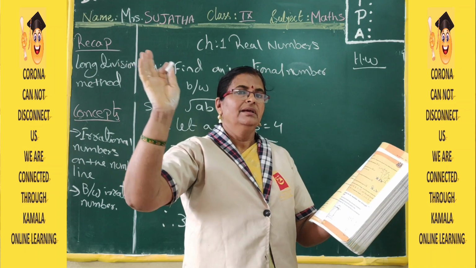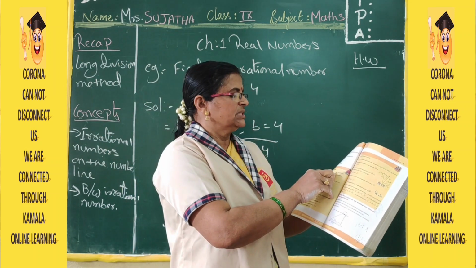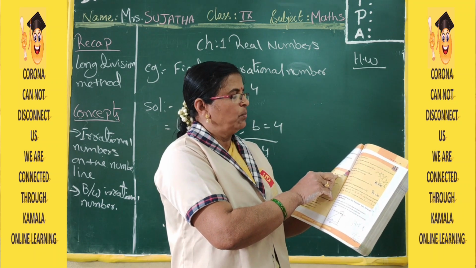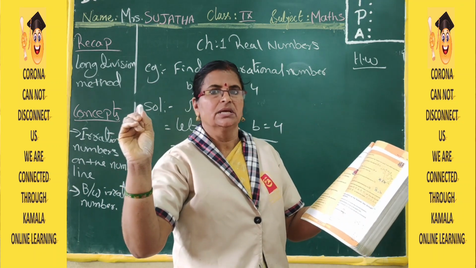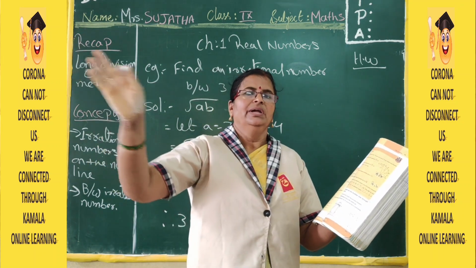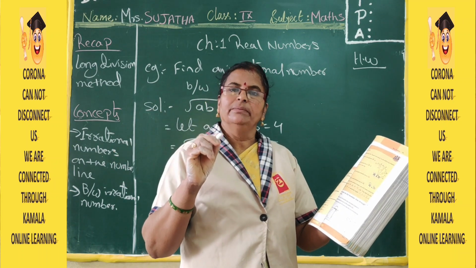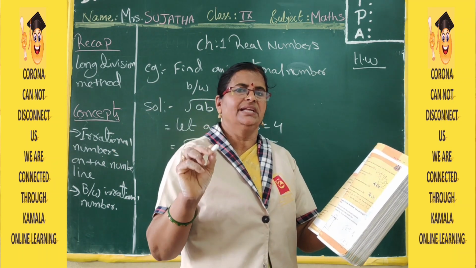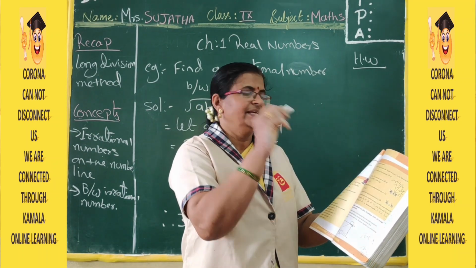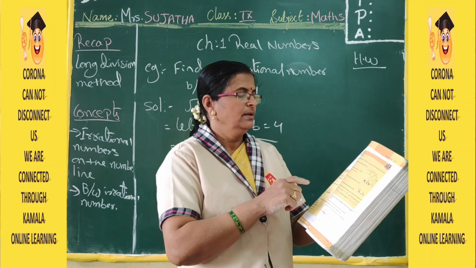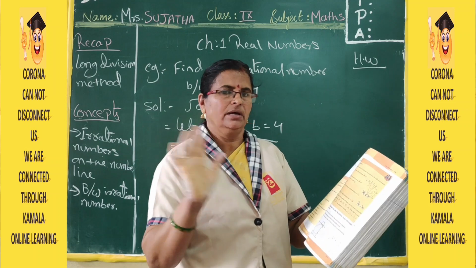Which is non-terminating and repeating is an irrational number. For example, third bit if you see 30.2323, 4234, like that, they put dots, means it will continue. It is not ending, it doesn't have an ending. So it is a non-terminating and non-repeating decimal, that's why it is irrational. Now fourth one irrational, fifth one rational, there is no dots there, so it is rational. Then sixth one irrational. Only you have to write rational or irrational.